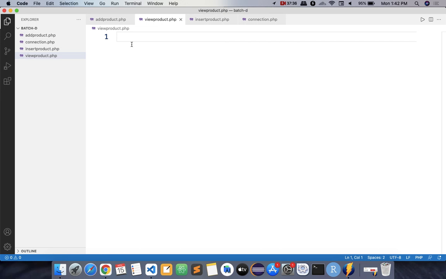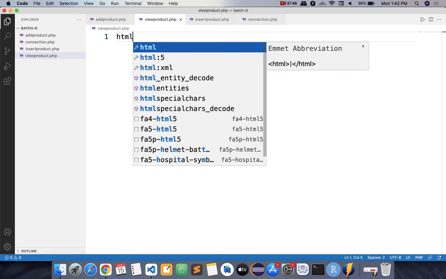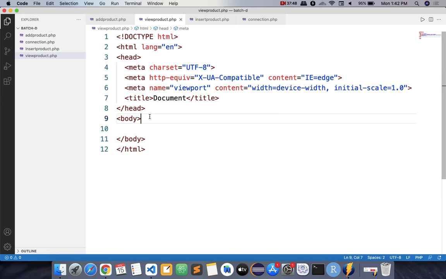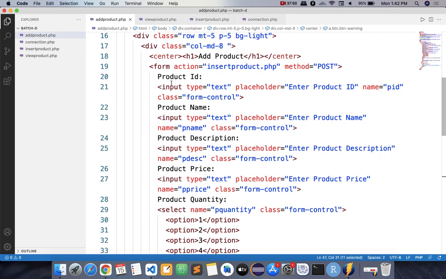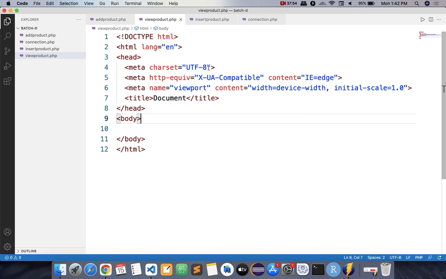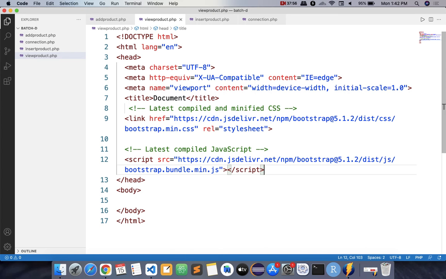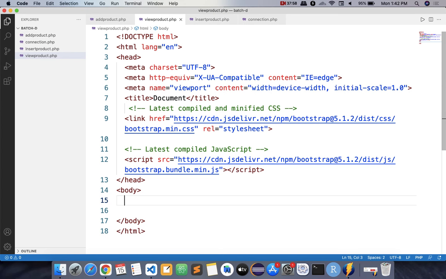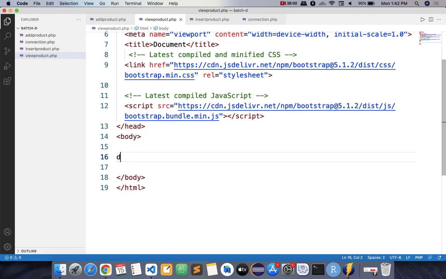Okay, here you want to select the data from the database and you have to show it into the proper table. So table is an HTML part, so we need an HTML code. So you can start with the HTML code. Okay, here again we need bootstrap library, so you can copy this section and paste it inside the head. Done. Okay. So first of all you need to create one table, so create division,